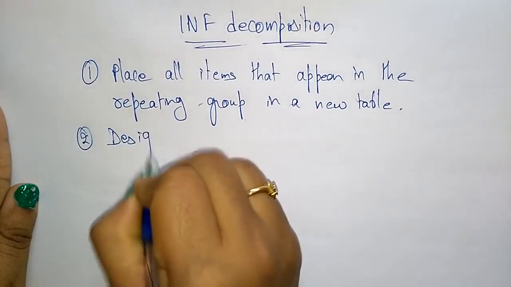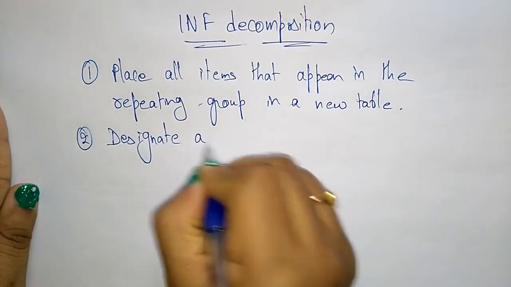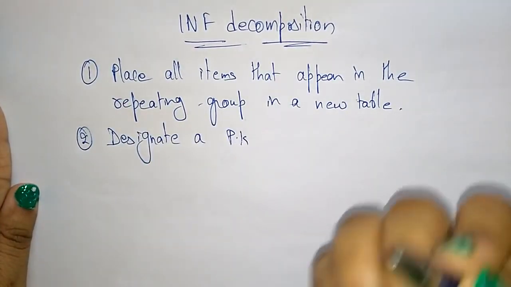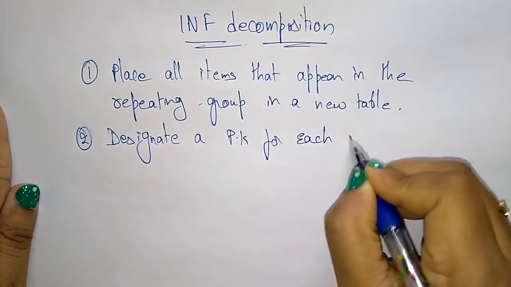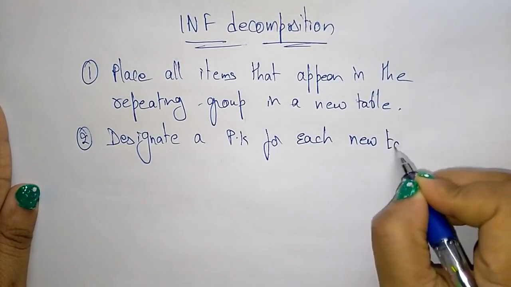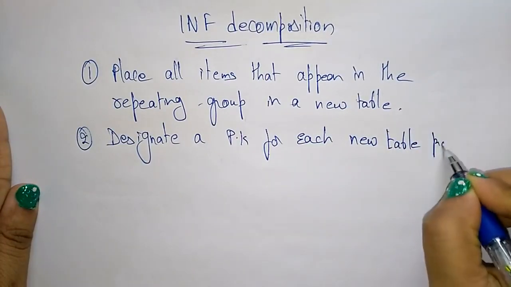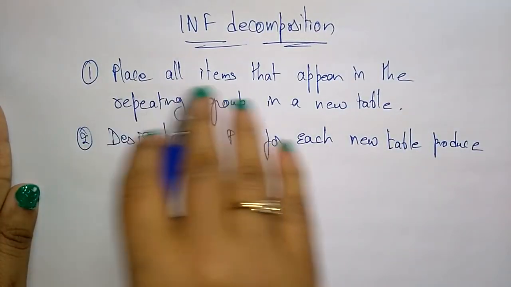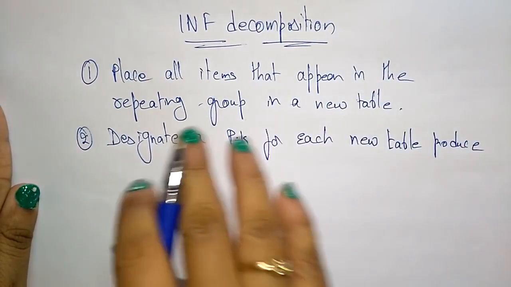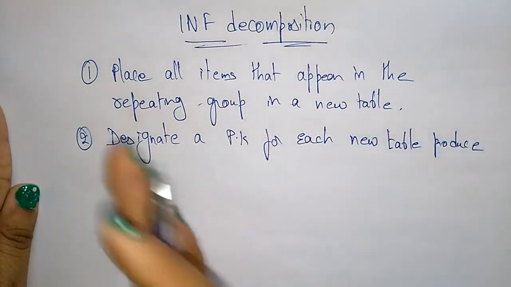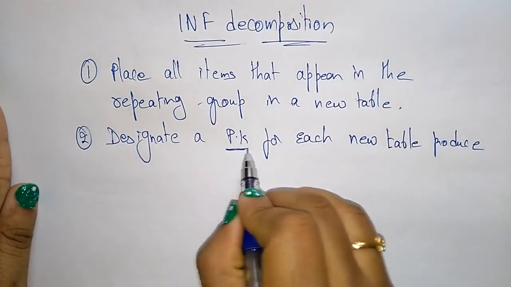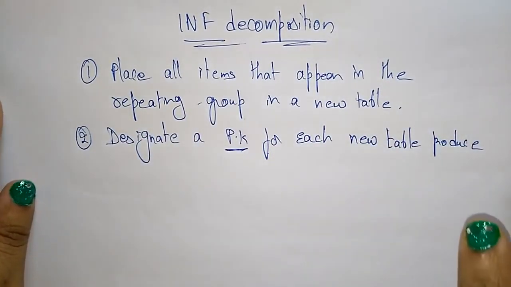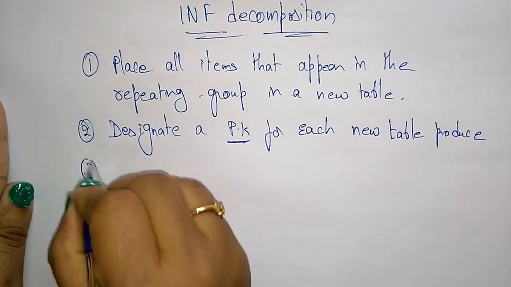Next, designate a primary key, which means you have to identify a primary key for each new table produced. Now you decompose the table, meaning all the similar items that appear in repeating groups, you make it a new table. Suppose you have two tables, then in each table you have to make one attribute a primary key. And the third one,